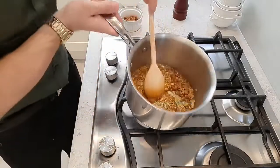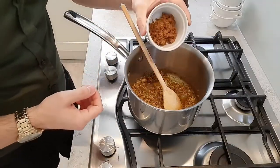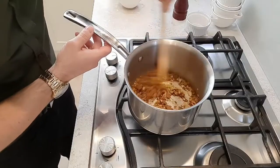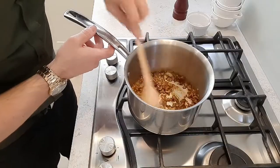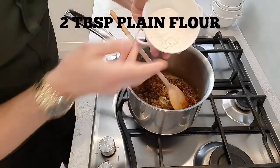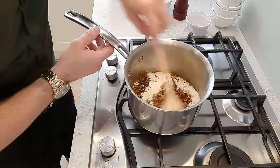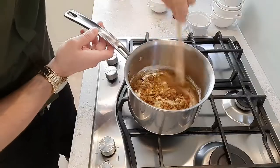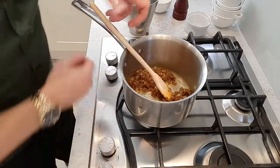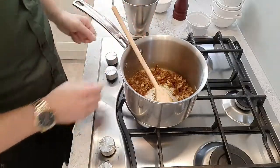Okay, so now our spices are cooked out. So I'm now going to go in with 1 tablespoon of brown sugar. And then I've got 2 tablespoons of plain flour. I'm going to go in with that. So you want to cook this out for about a minute and a half. Okay, so once you've cooked the flour out for about a minute and a half, we're going to just turn the heat down